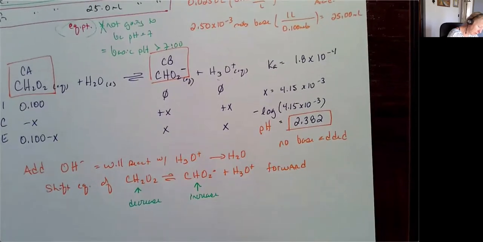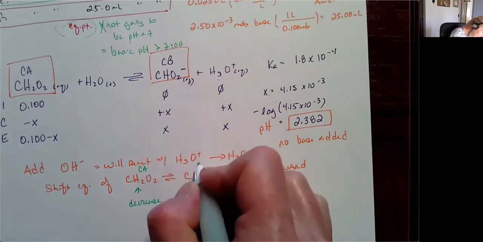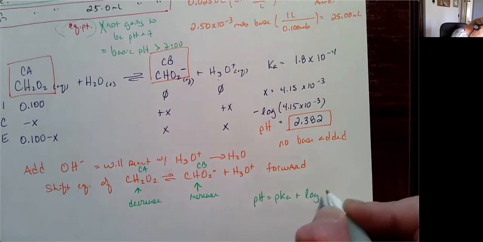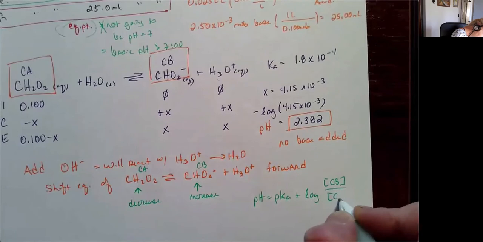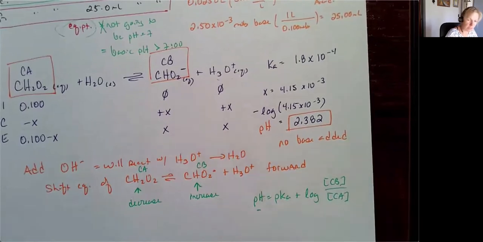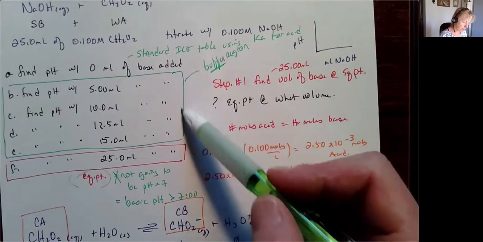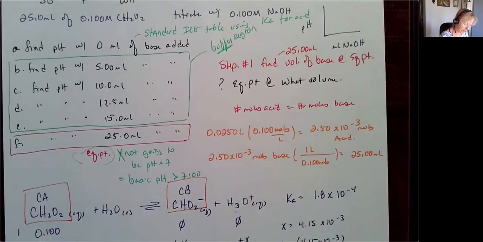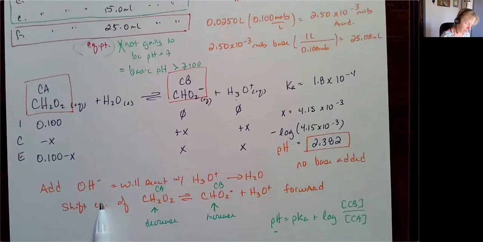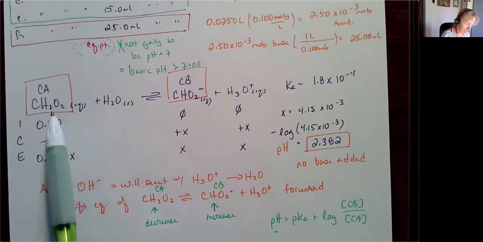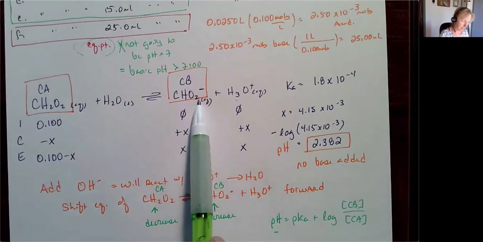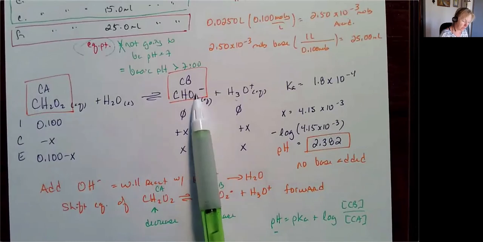So I'm going to look at my conjugate acid and conjugate base. I'm going to put it into that pH equals pKa plus log of conjugate base over conjugate acid, and I'm going to solve for my pH. So all along through here, I'm going to track the changes in concentration. Every time I add in hydroxide, my weak acid concentration is going to go down, and my conjugate base of that weak acid is going to go up. And so I'm going to track how this goes down, how this goes up, and then I'm going to use